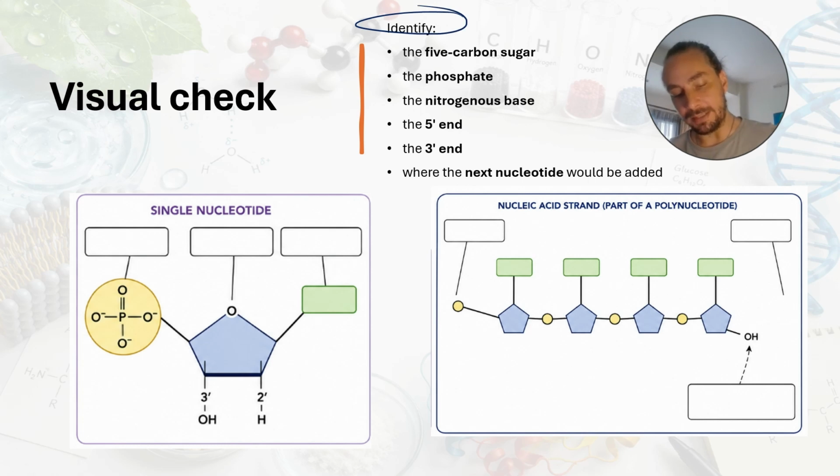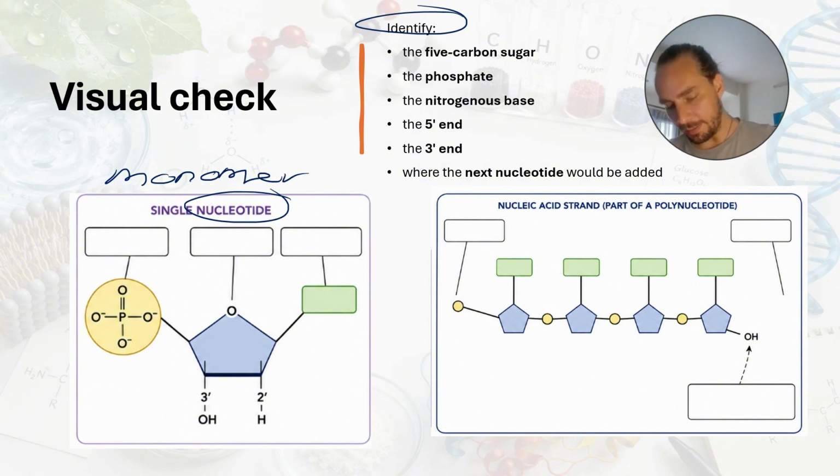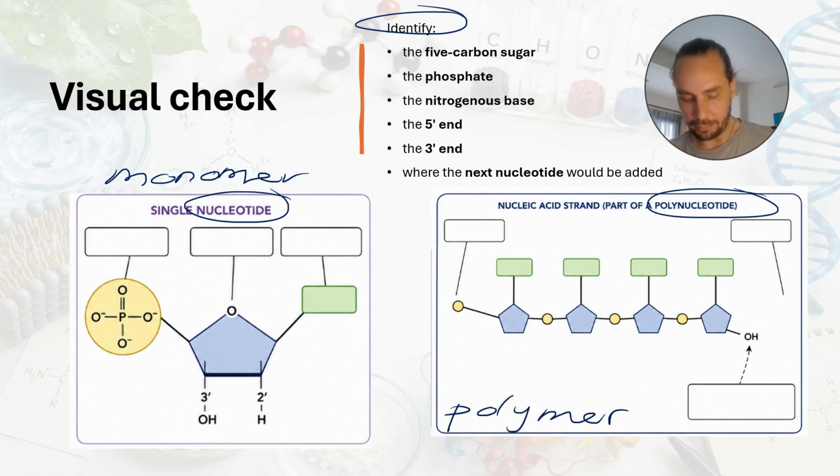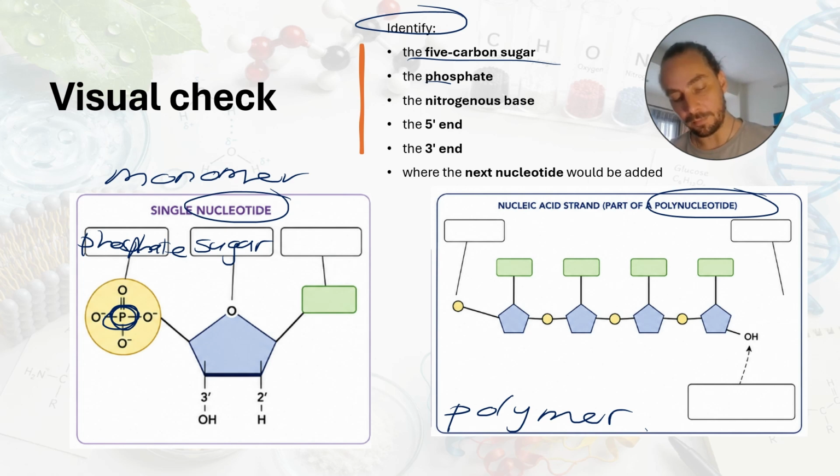You need to be able to identify the different parts of a nucleotide and a nucleic acid. So if I look at a single nucleotide, which is the monomer of nucleic acids, and this is a polynucleotide, this is the polymer. Okay, the 5-carbon sugar group, this would be the 5-carbon sugar. So this is the sugar. Okay, the phosphate over here, and it's the phosphate group because it contains a phosphate